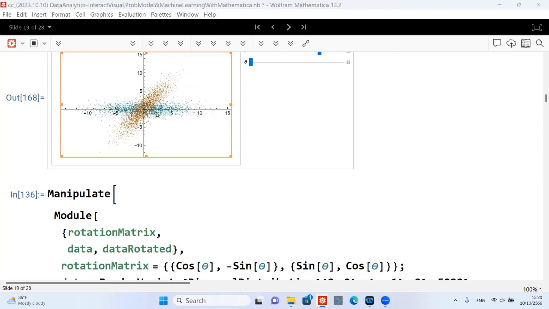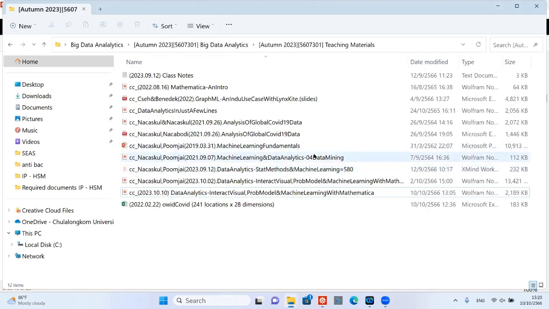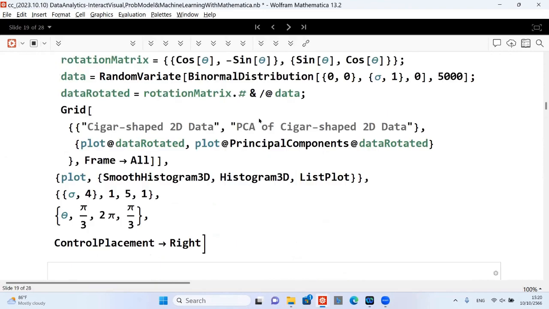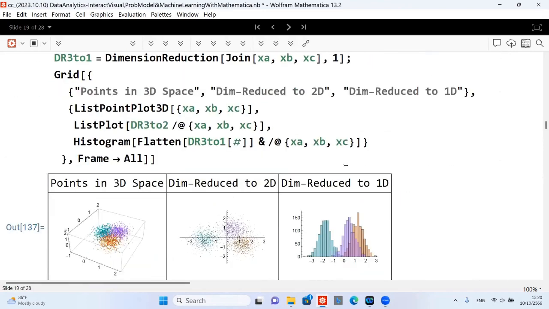What did I do with my PCA? Okay, I haven't copied it onto this notebook actually. Sorry, my bad. Okay, I just copied this part where I generate data. Anyway, so